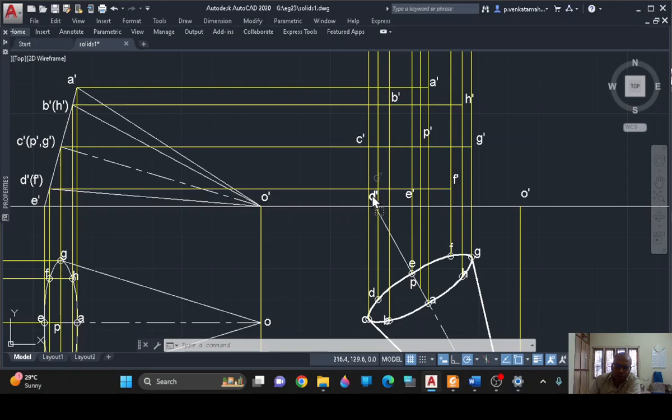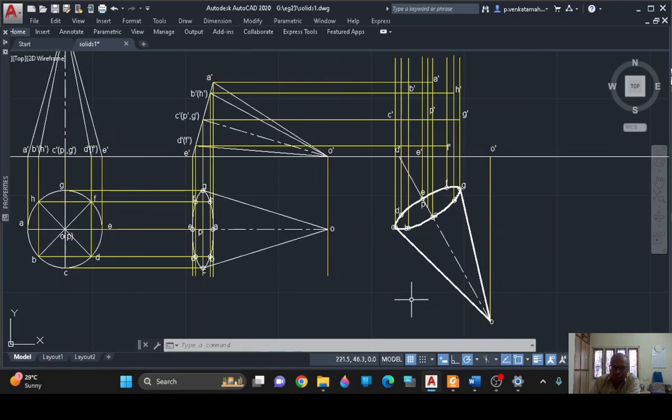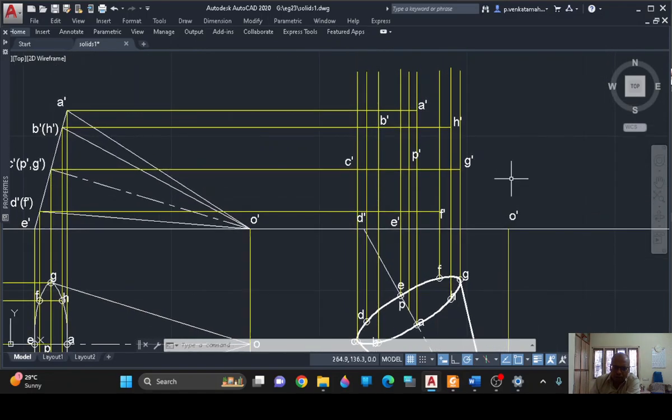Say suppose the object is there. If I see this cone from below, say suppose if I am seeing from here, a portion of the cone base is not visible. If I am seeing from here, the portion, say suppose G, F, E, something will not be visible. So I would identify what is that invisible line. G is definitely not visible and D is visible. So first what I will do, I will draw a line,